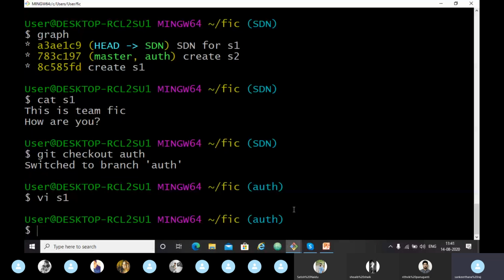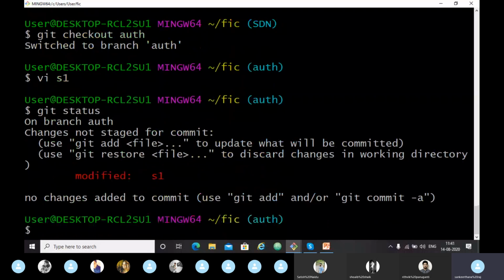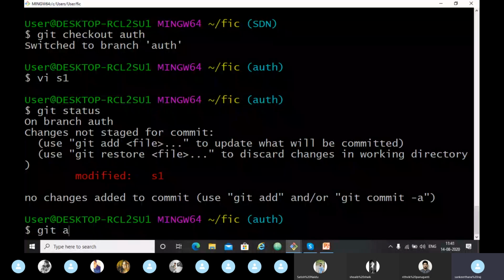So now let's see the git status. Oh, sorry, I haven't committed it, right? So let's just git add, and commit -m.